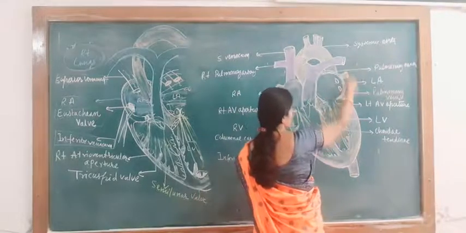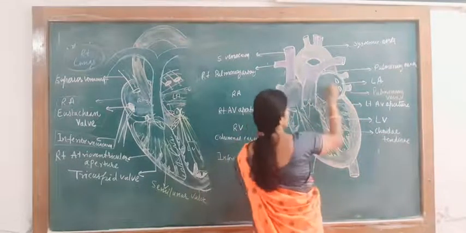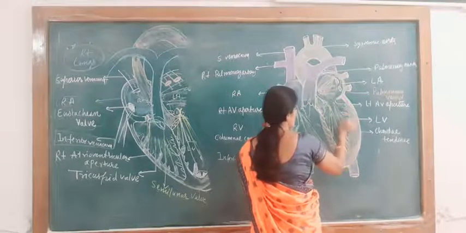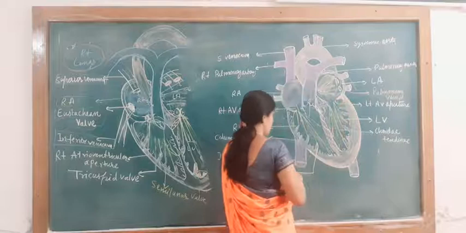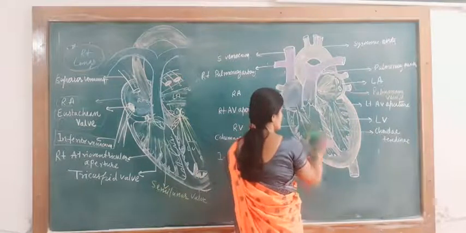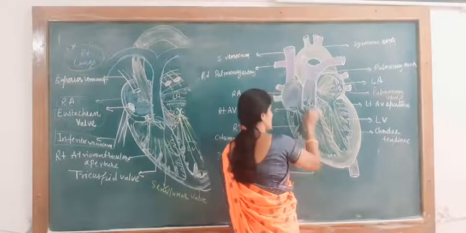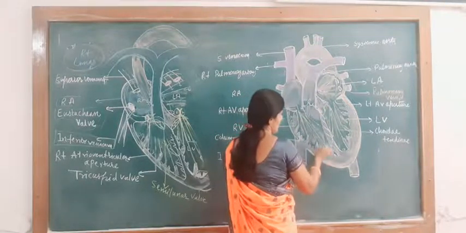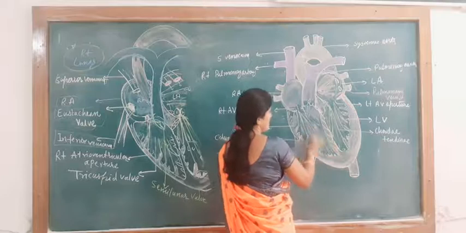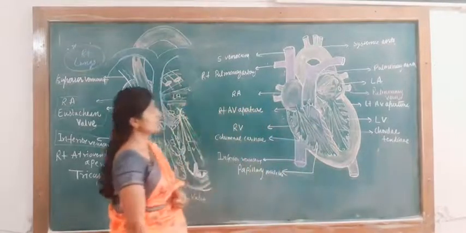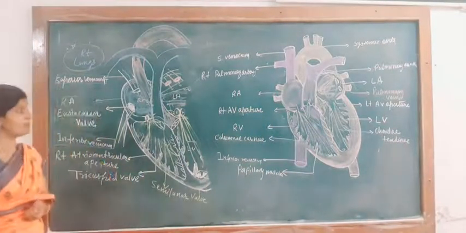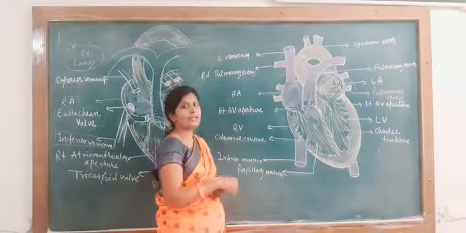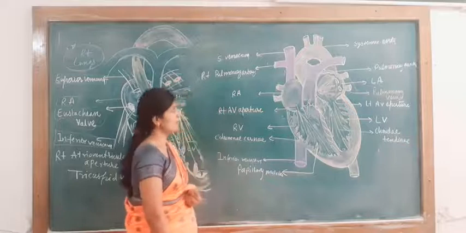From the lungs, oxygenated blood comes into this chamber. These two chambers have the oxygenated blood, and these two chambers, the right ventricle and right auricle, have deoxygenated blood. Here the deoxygenated blood is present, and on that side oxygenated blood is present. This is the overall internal structure of the human heart.